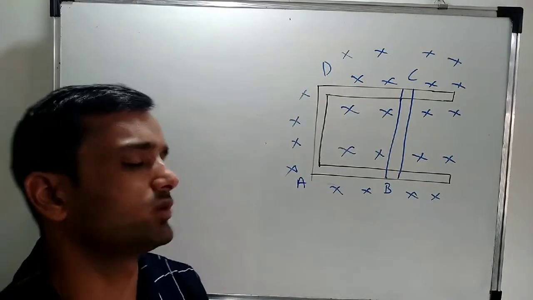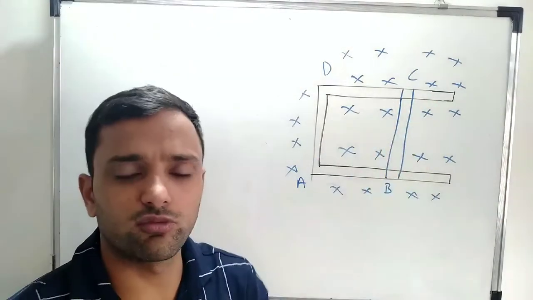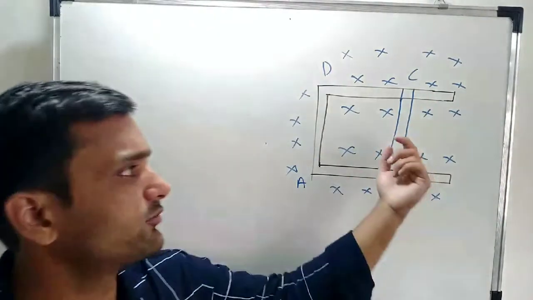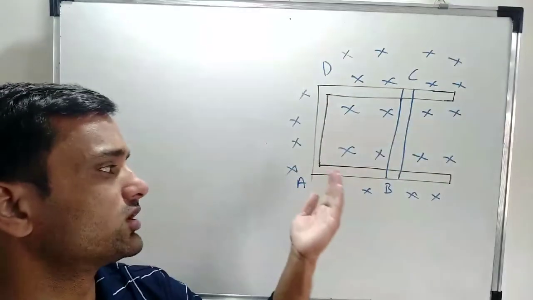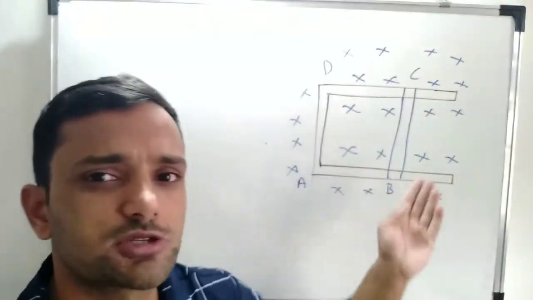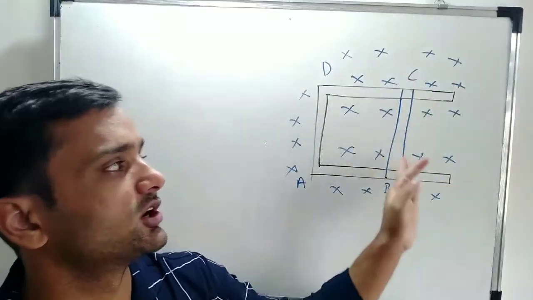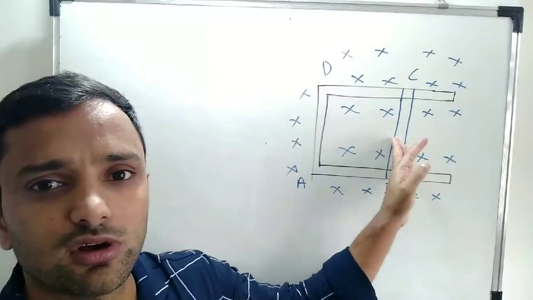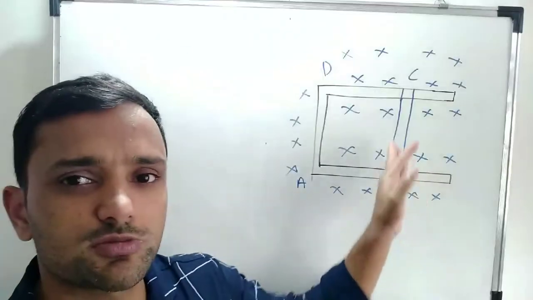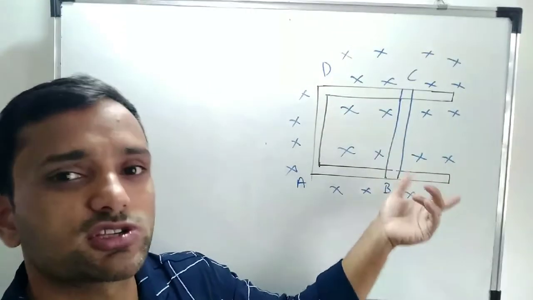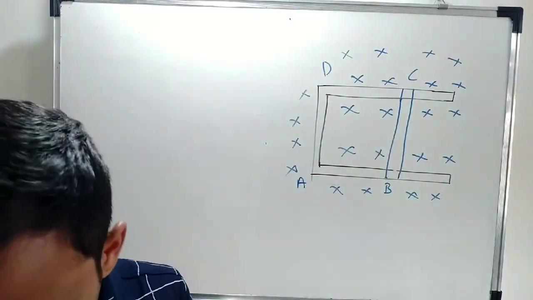Now what will happen if you move the side BC in the uniform field? Suppose you are holding BC and taking it away from or towards AD. If you move this BC, what will happen? The magnetic flux across the BC changes. So if the magnetic flux across BC changes, it produces a current in the BC according to electromagnetic induction.